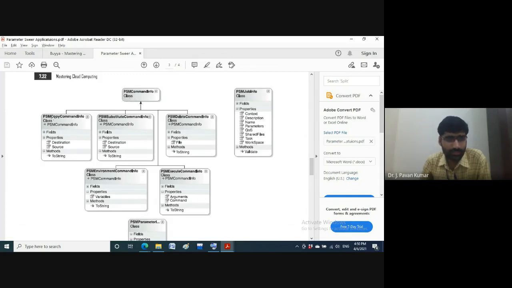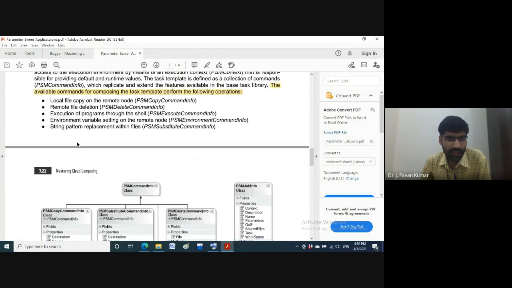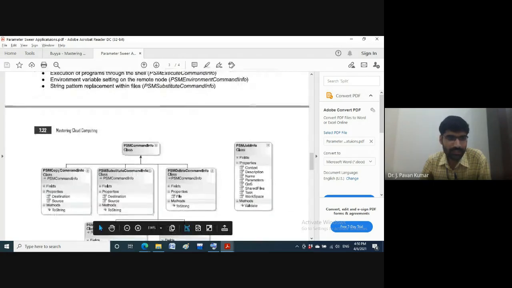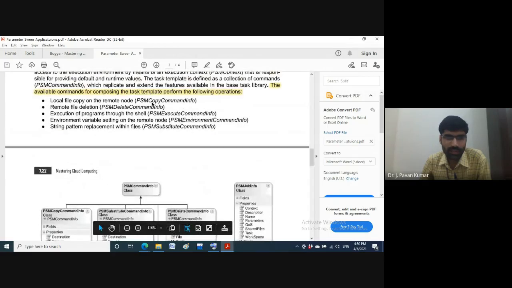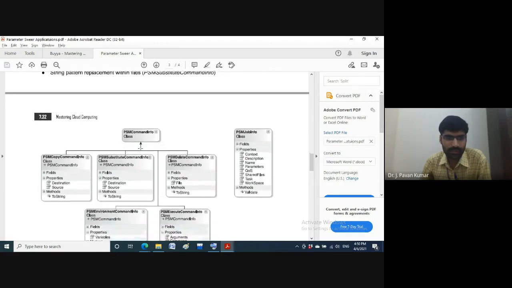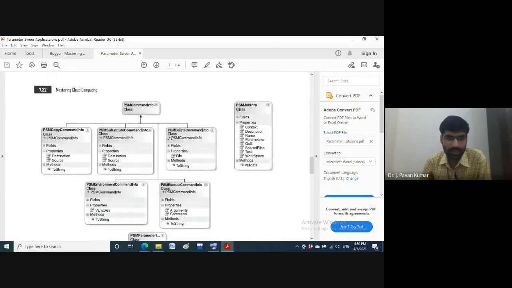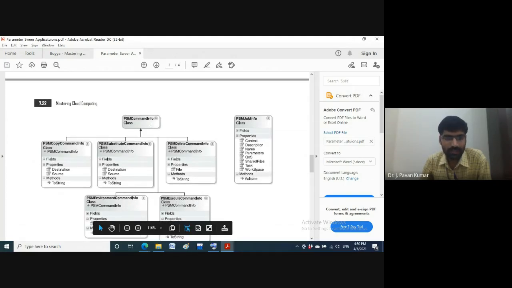Whatever the commands allowed here, those only are these classes. PSM copy command info, PSM delete command info, execute command, environment, substitute. Those only we are having. Substitute command, delete command, environment command, execute command. These all are part of the PSM command info class, that is, subclasses of this PSM command info.